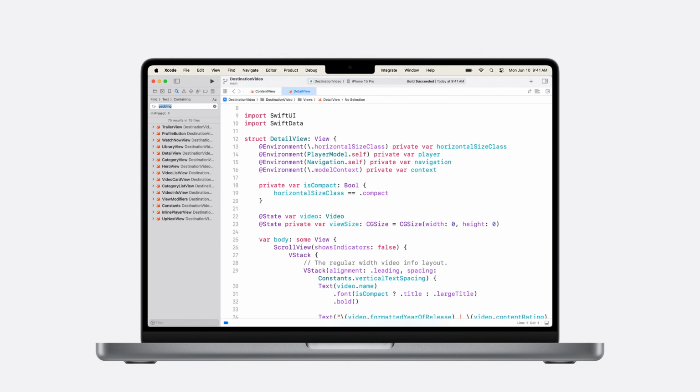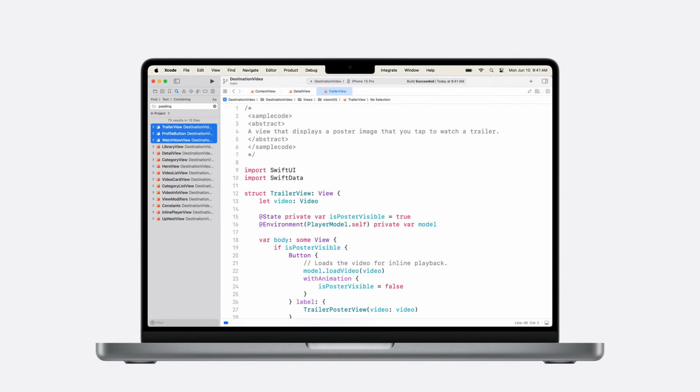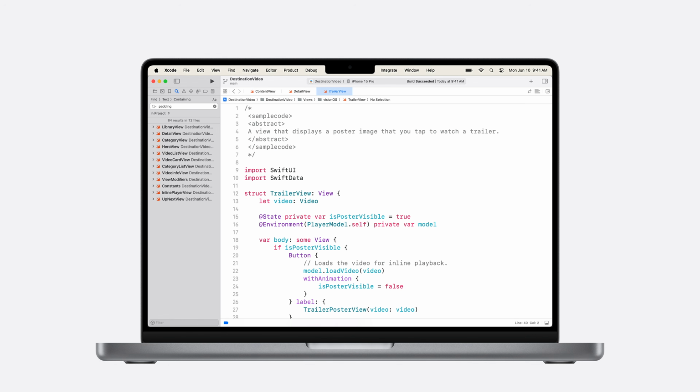Now, I've decided I don't want to make any changes to padding in the first 3 files, and I want to remove them from my search to focus on the more relevant files. I'll go ahead and select, and press the Delete key to remove them. Don't worry, I didn't just delete a whole bunch of code. Those files still exist, but they're hidden from the current query. Now I can focus on the results I care about.